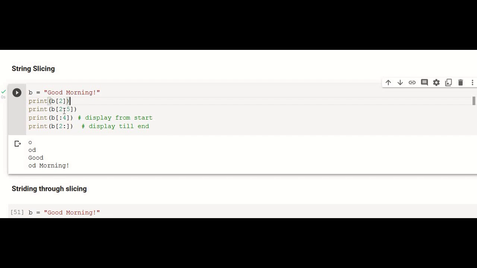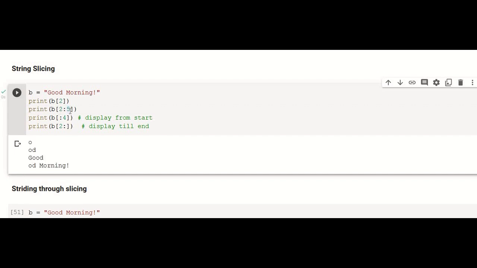And if I want to display a range of values, that means from index position 2:5, 2 indicates the beginning index position and 5 indicates the last position. That means from index position 2 to 4 all the characters will be displayed, excluding the value stored in the fifth index position. Python slicing always excludes the last index position. So from 2 to 4 all the characters will be displayed. Let us see how this works.